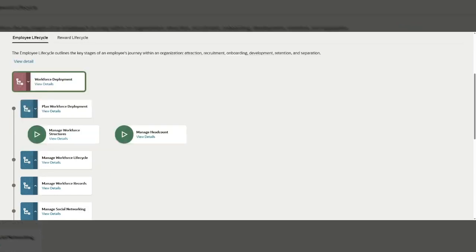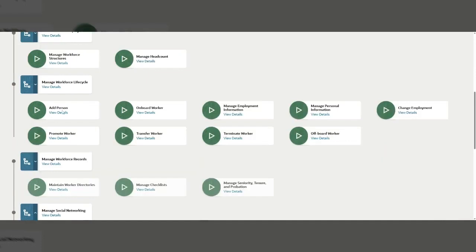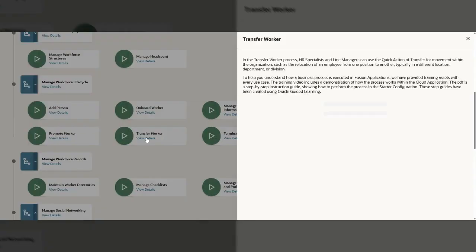So for the employee life cycle, if you click on the arrow to open them out, all of the business processes are broken out into user stories, user scenarios. So if we were looking to transfer a worker in core HR, for example, I can come in here and I can have a look at a PDF, which is a step-by-step guide to complete a local or global transfer. I can also start training, which is embedded Oracle University videos to help to show me how I should do